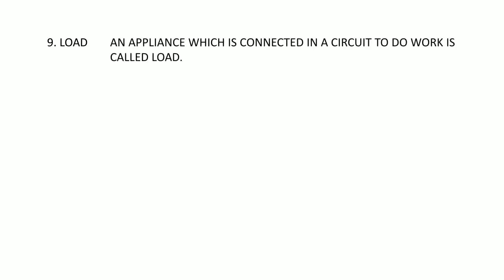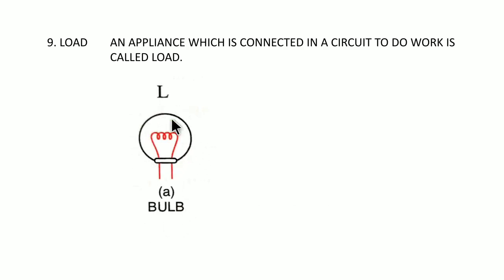Next we have load. Any appliance which is connected in a circuit to do some work is called load. Load can be anything which is doing some work. A bulb can be a load, or a heater can be a load. Anything which is doing any work is considered as load. A resistance also can be a load. So we have